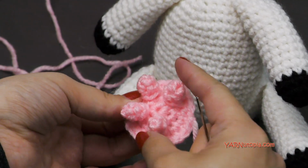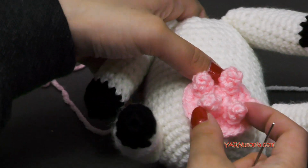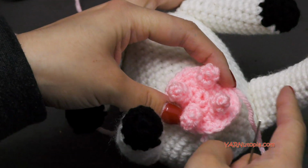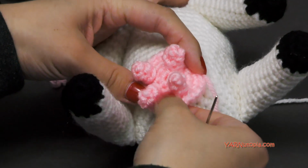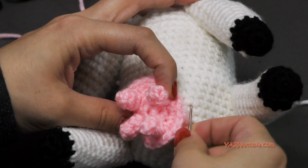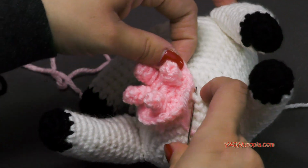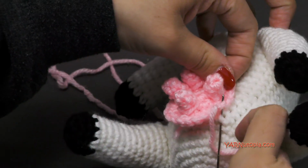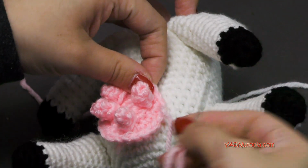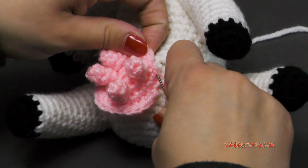Okay, position it where you want it, on the lower half here, kind of between the bottom two legs. And then we're going to go into the body and then out the next stitch and out this stitch here. Okay, then in and out,